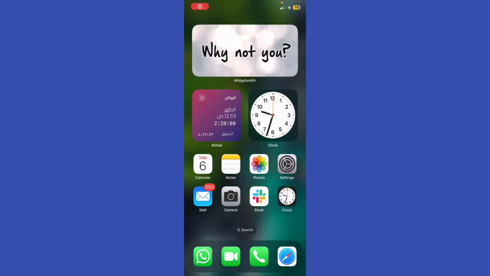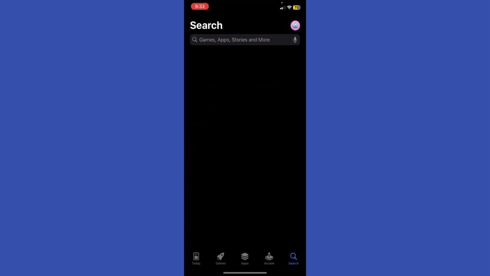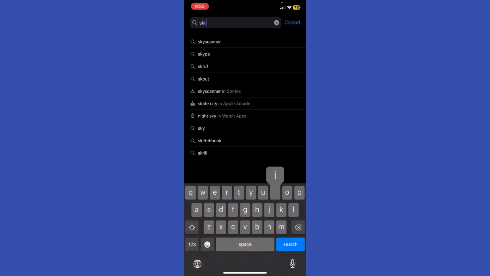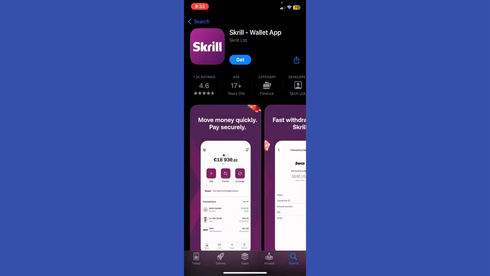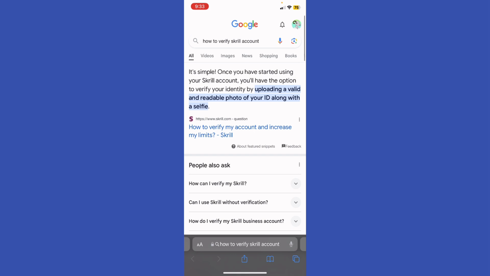My name is Adam. Today I'm going to show you how to verify a Skrill account. So first of all, go ahead to your App Store, Google Play. And what you're going to do, you're going to just type right here, Skrill, right? And you're going to download the Skrill app and make sure that you updated the app to the latest version. Now what I'm going to do, I'm going to go back to my screen, go ahead to my browser, and